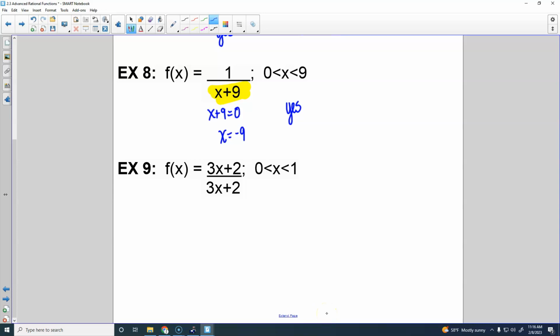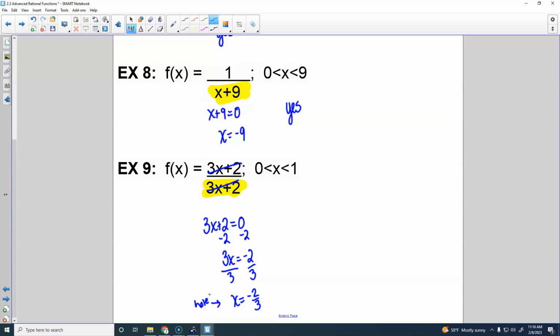All right, example 9. Again, we're looking at the denominator. We're looking for a discontinuity. So where that denominator equals 0, we're going to have a discontinuity. So we would subtract 2. 3x equals negative 2, divided by 3. x is going to equal negative 2/3. What type of discontinuity is it? Are you sure? It's a hole. How do you know it's a hole, Maggie? It would cancel with the top. So this is a hole,